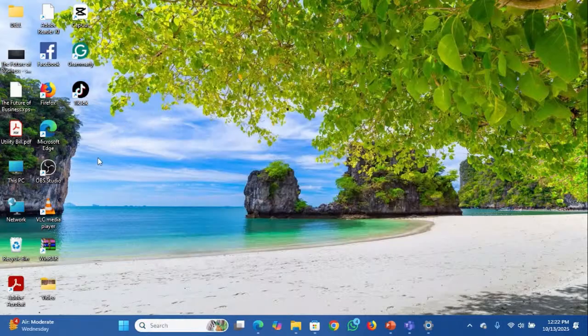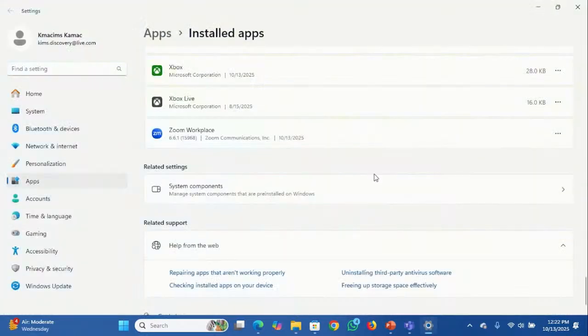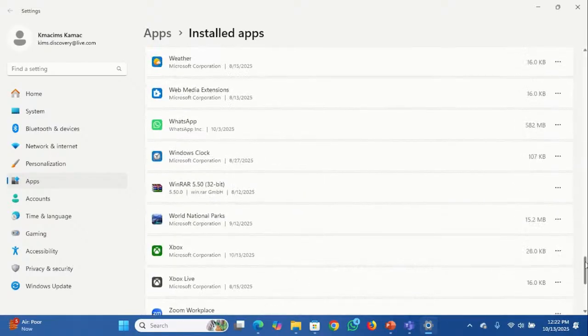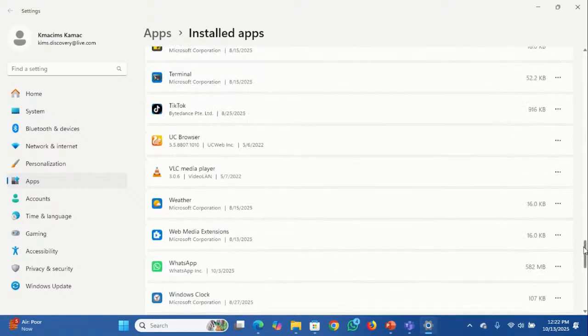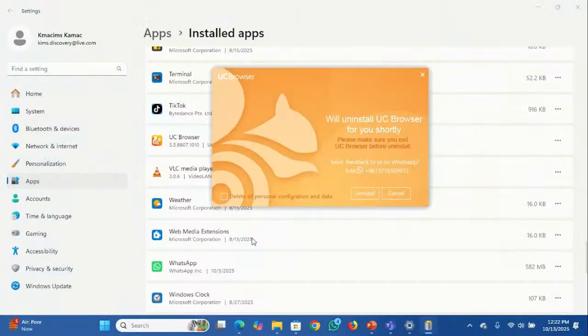So if you want to remove it properly, you have to go to add or remove programs, then search for UC Browser or scroll down to find it. Let's just remove that UC Browser now. Here you are going to click uninstall. It's going to remove the app and its related info, everything. It's going to ask you for your permission to uninstall it. Then you click yes and